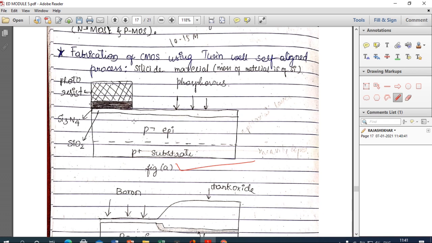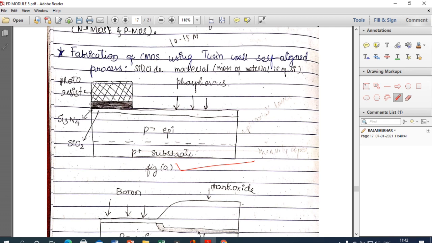The intention of this layer is to maintain stability in the CMOS structure, and it prevents the combination of the holes present in the P plus substrate towards the surface of the substrate. So it acts as a barrier between the P plus substrate and the surface. This is about the P minus epitaxial layer.